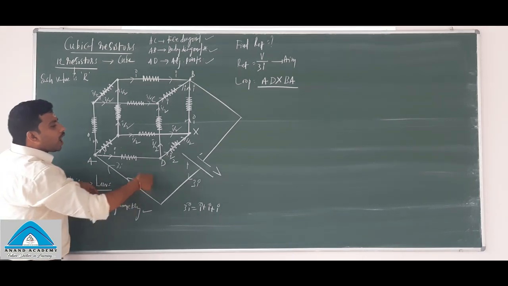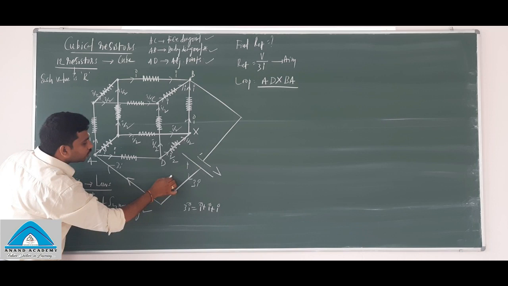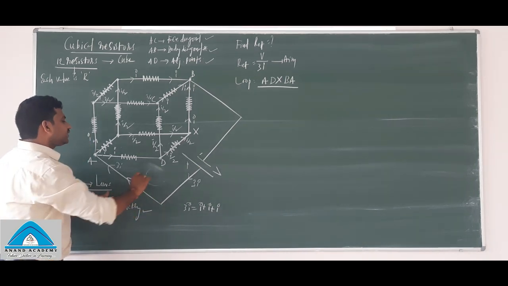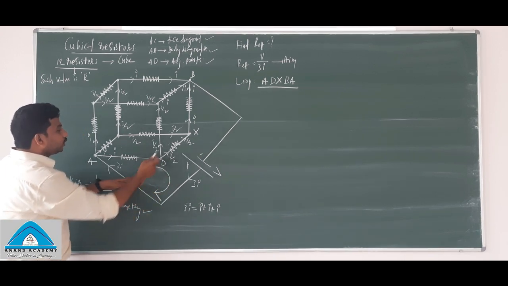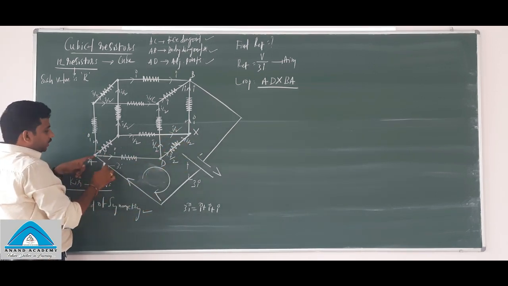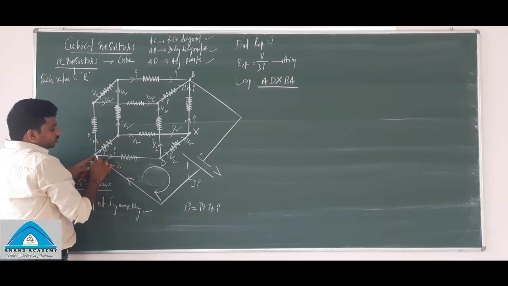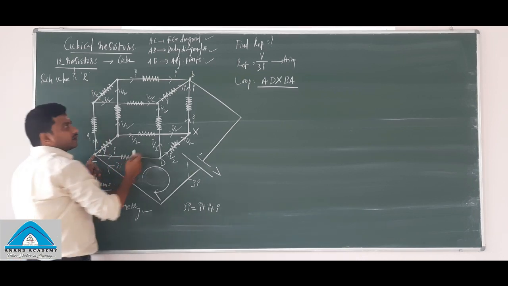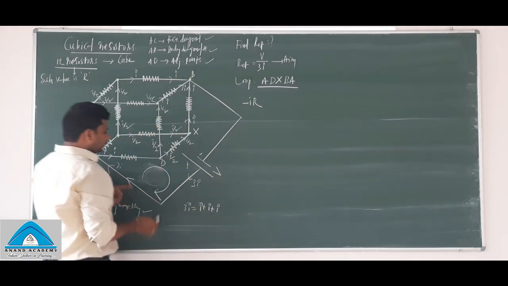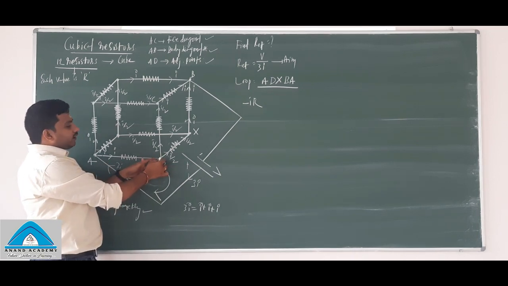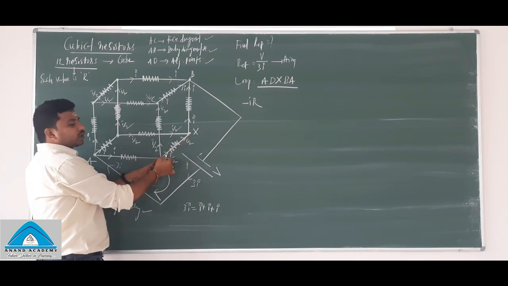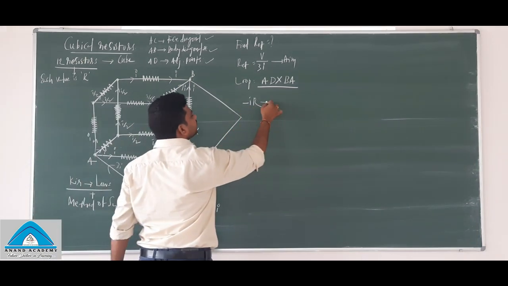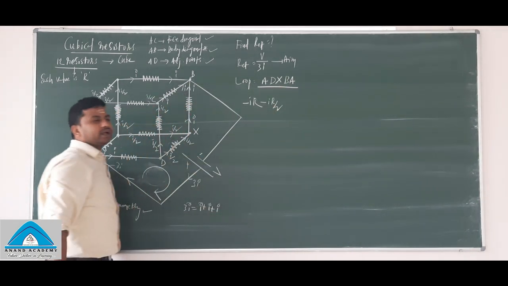So in this loop, how I am taking the loop: the loop of consideration is like this. Let's start. So our loop direction is like this, so current direction is also like this. So this is having the resistance R. Each having resistance R. So that is minus IR. Okay. So at this junction, what happens here? Our loop direction is like this. So current is I by 2 and the resistance is R. Our loop direction and current direction is same. So this is minus IR by 2.